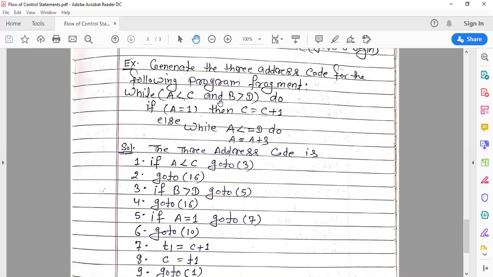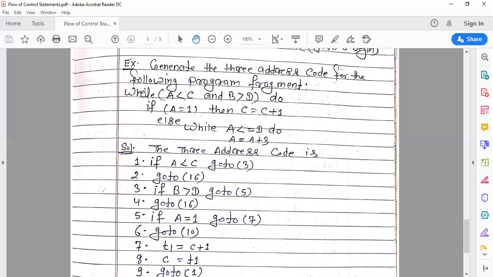So if this statement is true, control goes to this body, and here we have the if statement, and if this statement is false, then this while code will be executed. After executing the code, again control goes to the outer while loop.